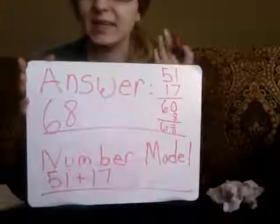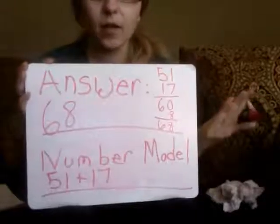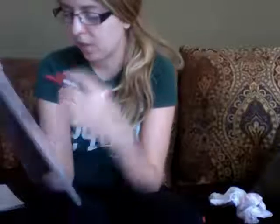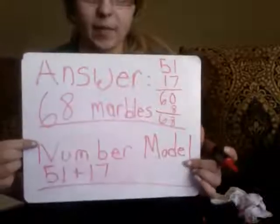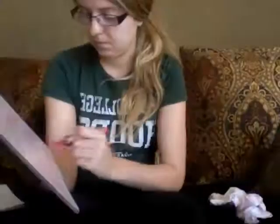But I also want to know what the units are. The units are, what are we talking about? 68 what? 68 pencils, 68 books, 68 people. What am I talking about in this question? And I was talking about marbles. So my answer is going to be 68 marbles. Now it's important that we label our answer because, again, we want to remember what it is we were talking about. Okay, so 68 marbles is going to be my answer. So now I can create my number model. 51 plus 17 equals